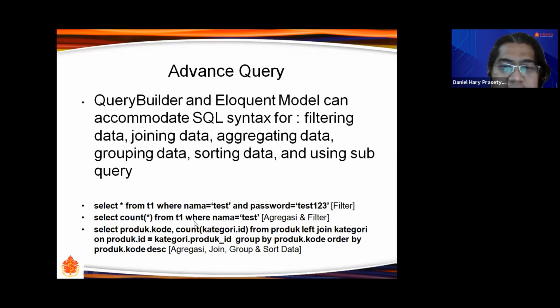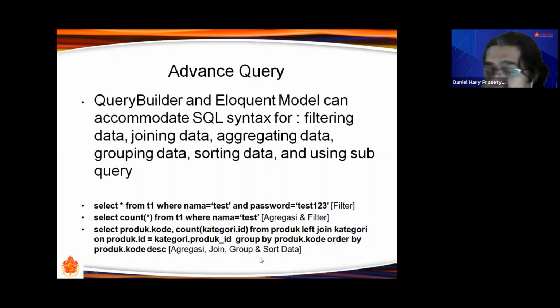This one is aggregation plus filters. Aggregation: count, max, sum, and others. And then there is joining, grouping, sorting. After grouping, ordering, again sorting.